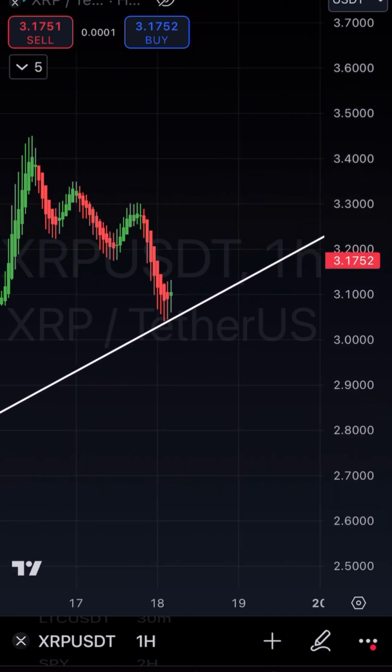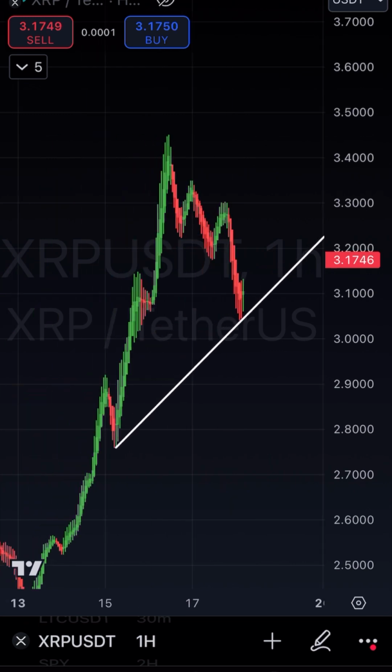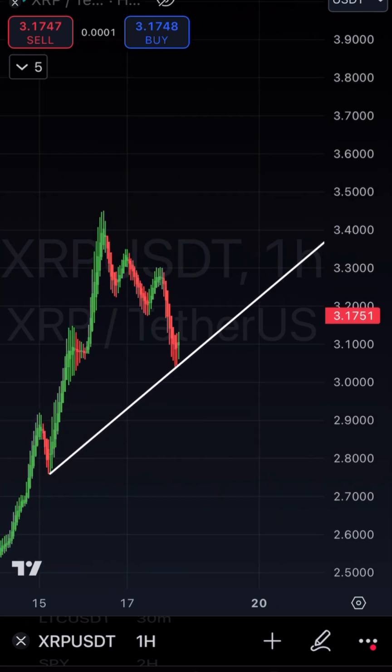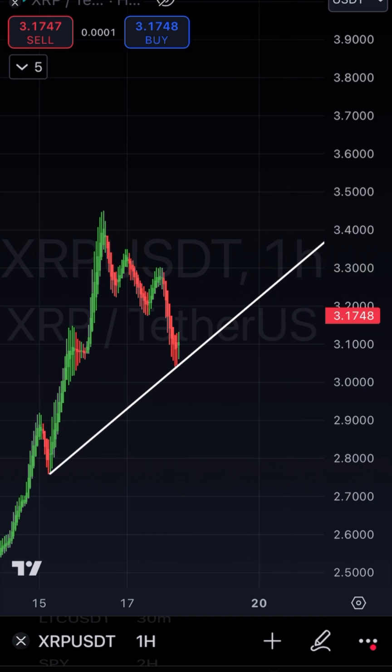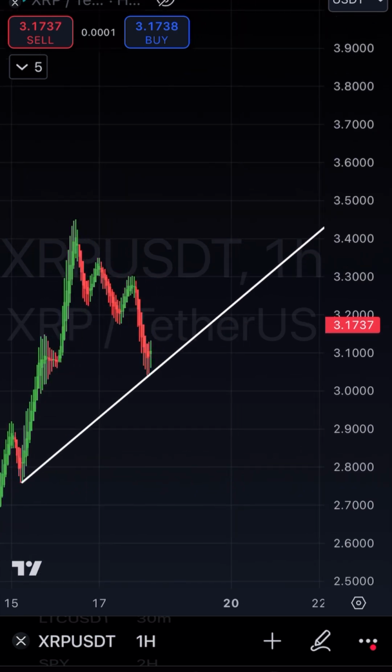So as long as it respects this trend line, you can stay in your trade. The moment it goes through it, that's the moment you need to get out of the trade, because it breaks the trend. So basically what we can tell from here on the hour